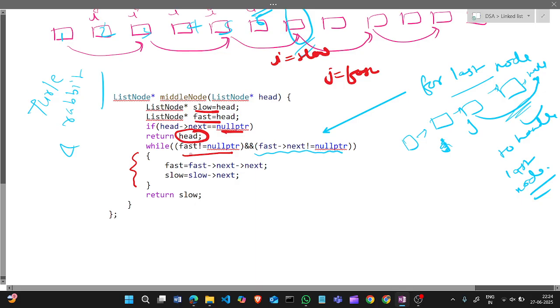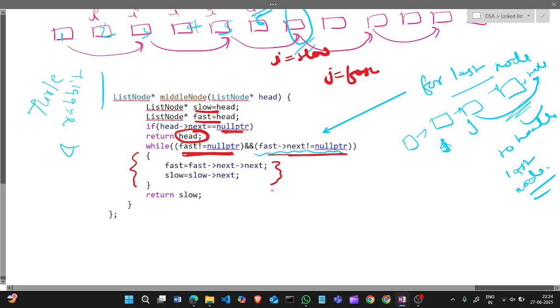So if fast is not null and fast next is also not null, then this loop will run.